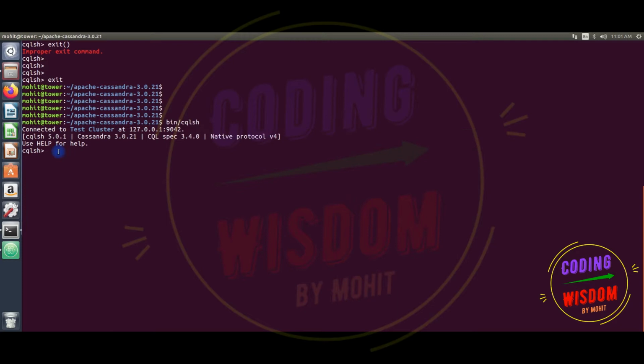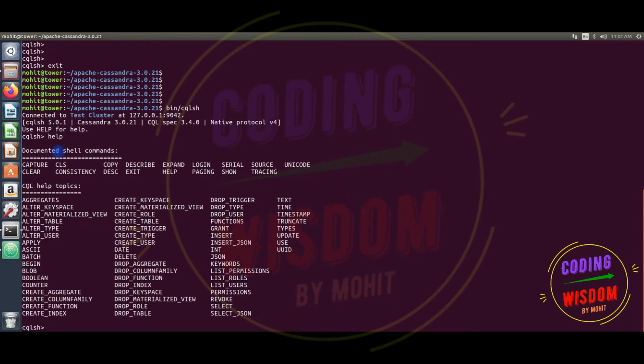So here you can write your commands. If I type help, I'll get the list of commands I can use. I can delete something by using the delete command. I can create a table by using the create table command. Create trigger to create triggers. So many more commands are listed here.